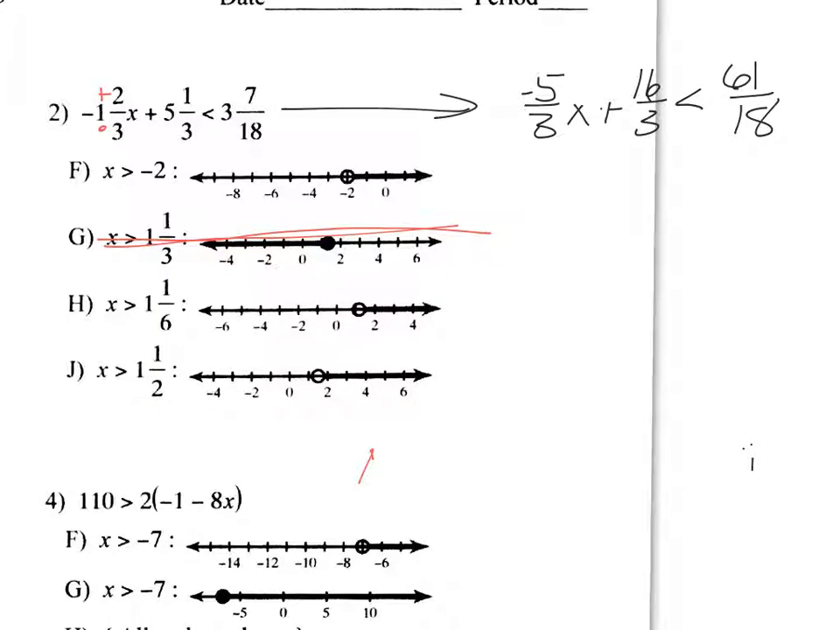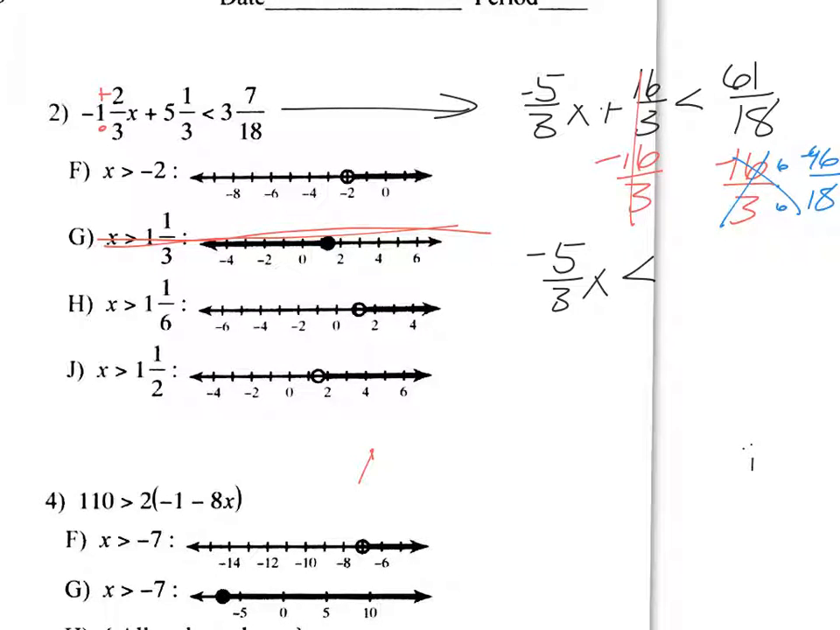Alright, so now we're going to subtract 16 over 3, because remember, we do reverse order of operations. So those will cancel. It's negative 5/3 x is less than. Got to get a common denominator here. So for a common denominator, I multiply this by 6, top and bottom. So that would give me negative 96 over 18. Then combine here, and that would be negative